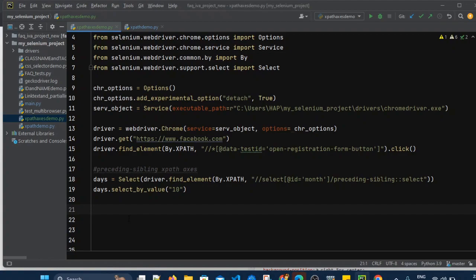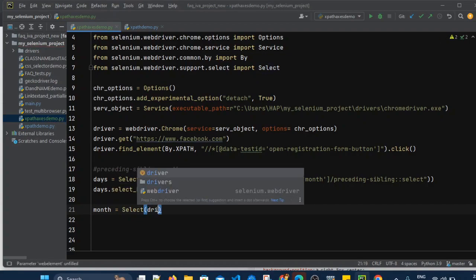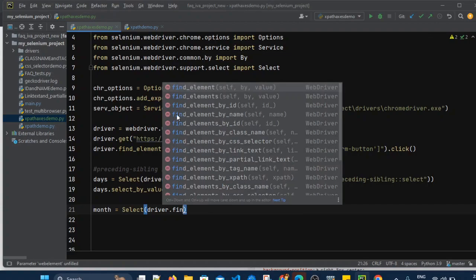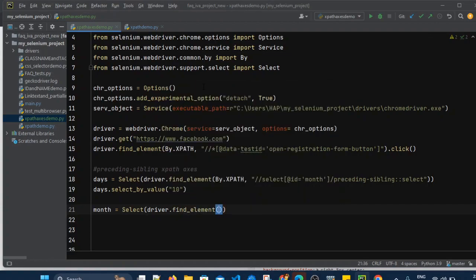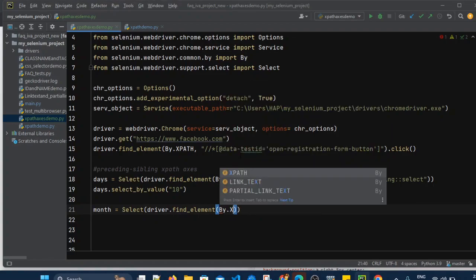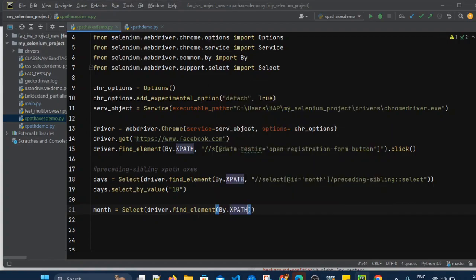So what is the syntax again? I will create month equals Select, and in this we have to pass driver.find_element(By.XPATH,